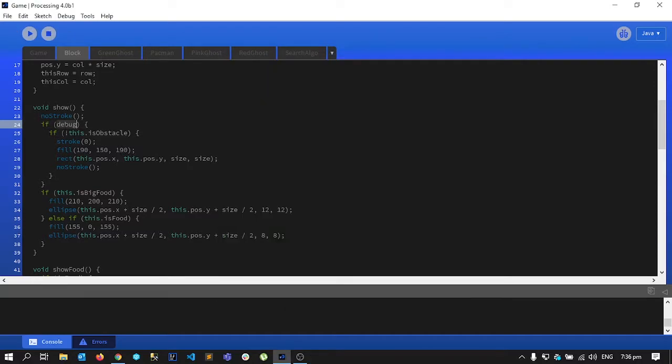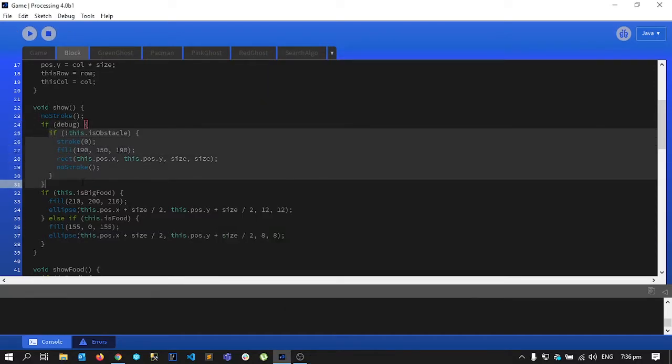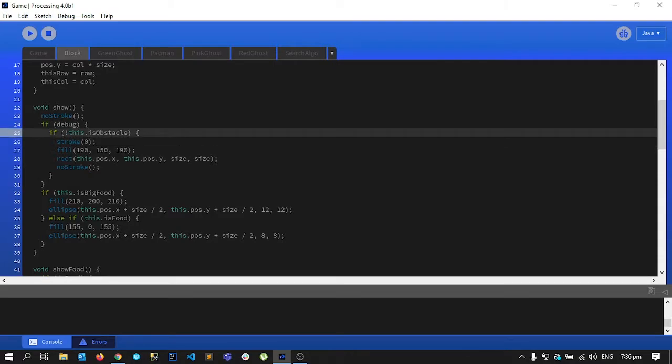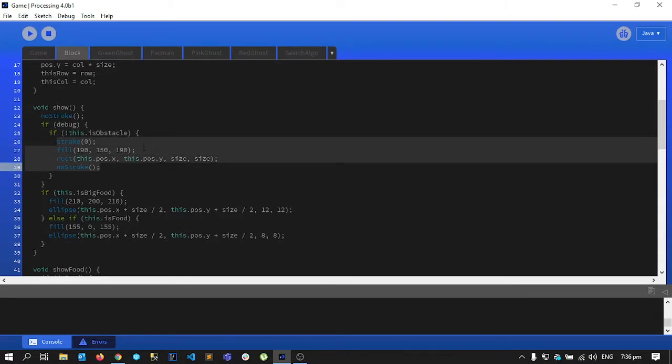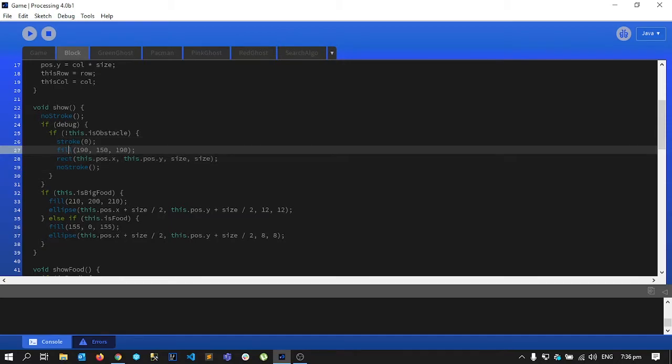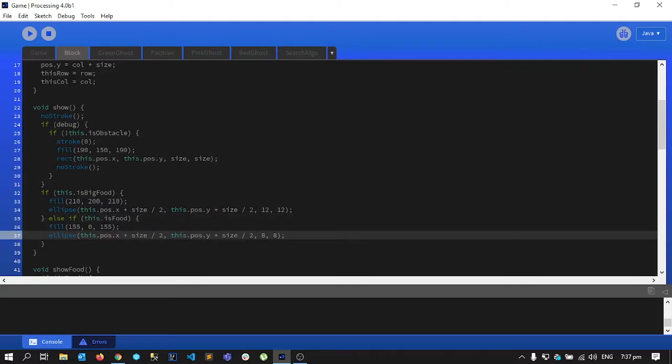So if I am in the debug mode, and if this is not an obstacle, I see the path, that is the pink rectangles, those squares that we saw on the screen. Then there is the big food, for which I have simply made an ellipse, and then there is normal food, for which I have made smaller ellipses.